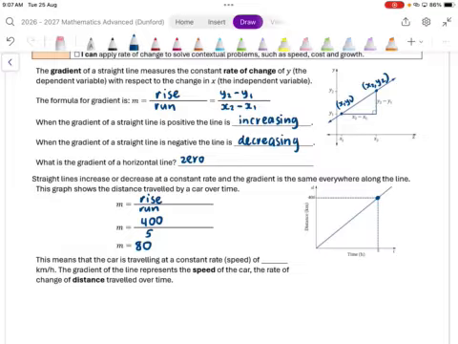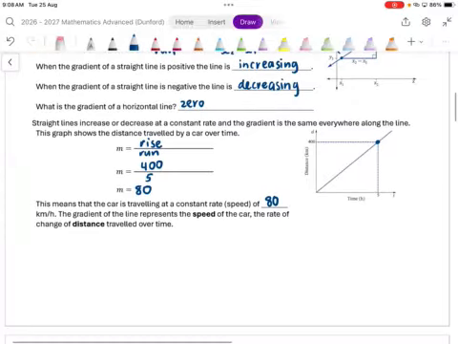It's going up from the left to the right. And what this means is that the car is travelling at a constant rate, so a constant speed of 80 kilometres per hour. So the gradient of the line represents the speed of the car, the rate of change of distance travelled over time. Now, on the next page, I want you guys to really quickly have a go at